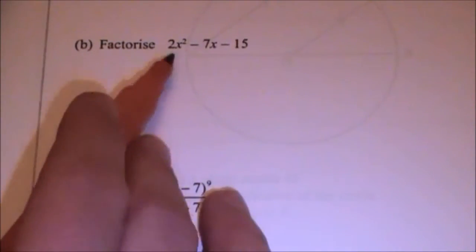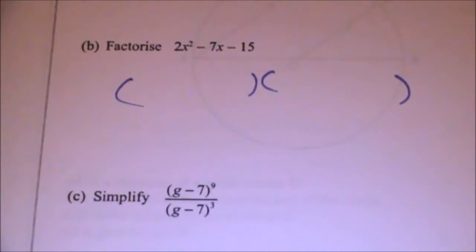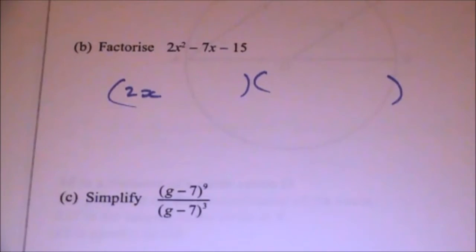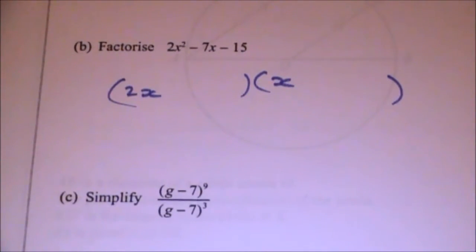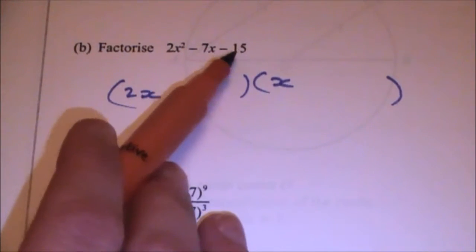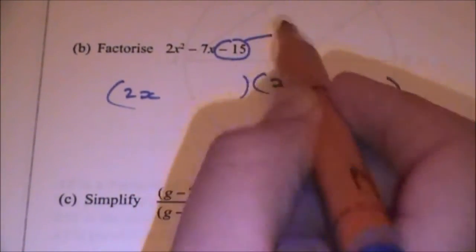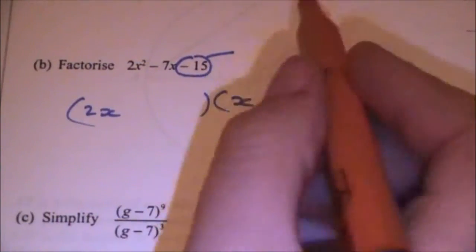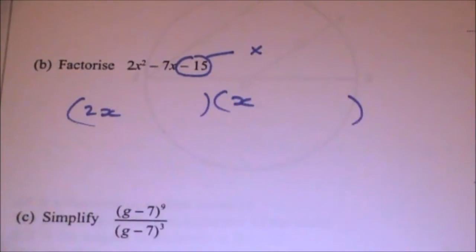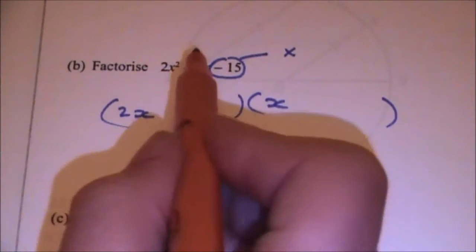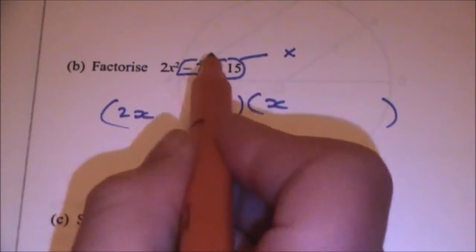Part B is factorise, and you've got a 3-part quadratic expression. So that also goes into double brackets. Now the fact that one of them starts with a 2x, the fact that there's a coefficient there, means that one of your brackets starts with 2x and the other one starts with x. Now that is a negative 15, and my numbers, whichever 2 numbers I pick to go there, have to multiply together to give me 15. They then have to plus or minus each other to get